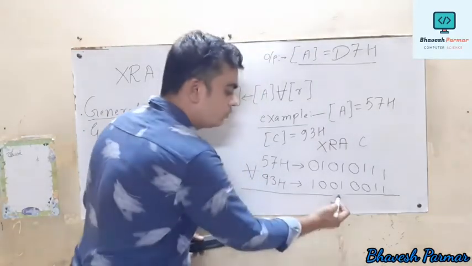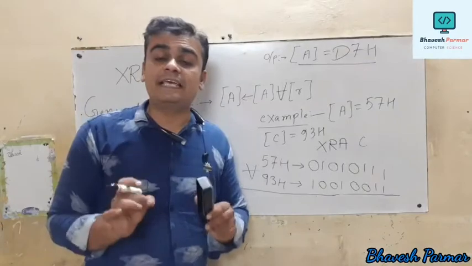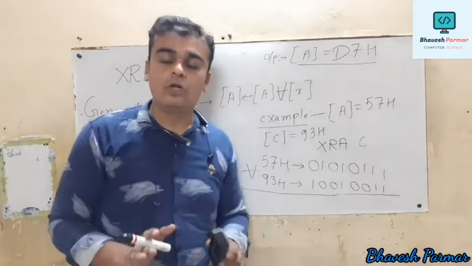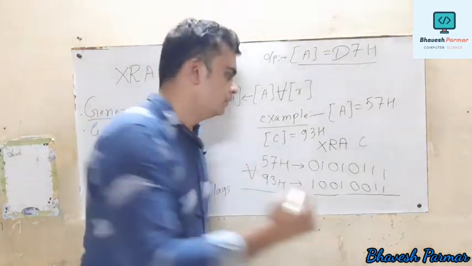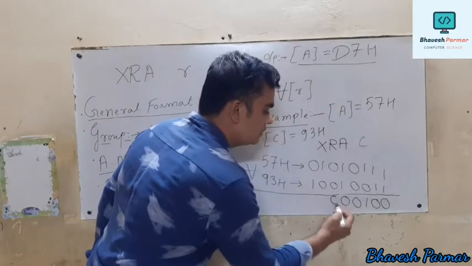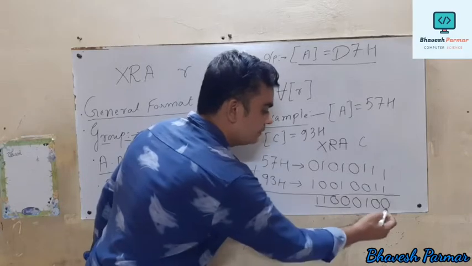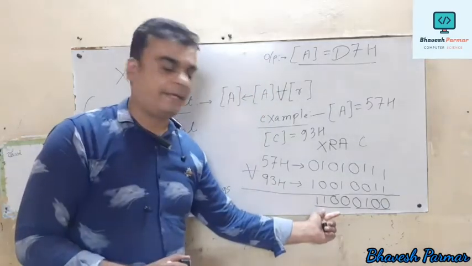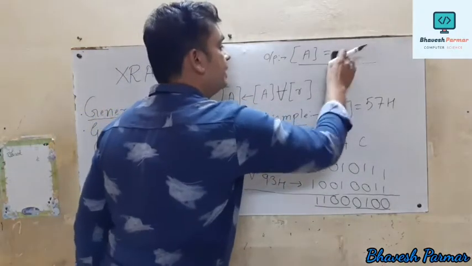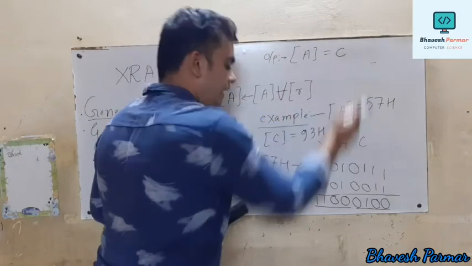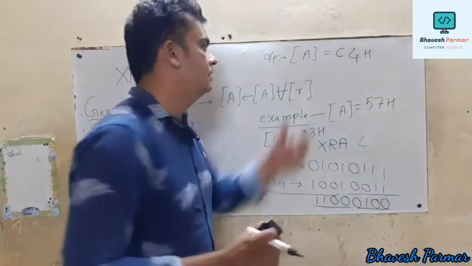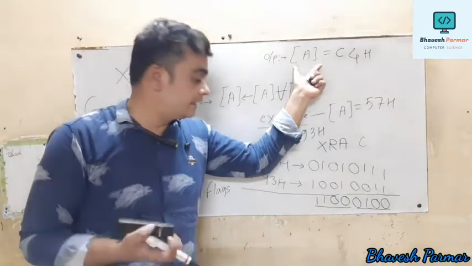So what are the basic rules for the exclusive OR operation? If we have the same input, that is 1 1 or 0 0, then my output should be 0. For different inputs, it is always 1. So here my input is the same in those bits, that's why 0, 0, 1, 0, 0, 0, 1, 1. So this is my answer. Again I am making groups of 4. So 1 1 0 0 is nothing but 12. 12 is represented by capital C, and 0 1 0 0 is 4. So my answer is C4H. So this is the answer for the exclusive OR with register operation.